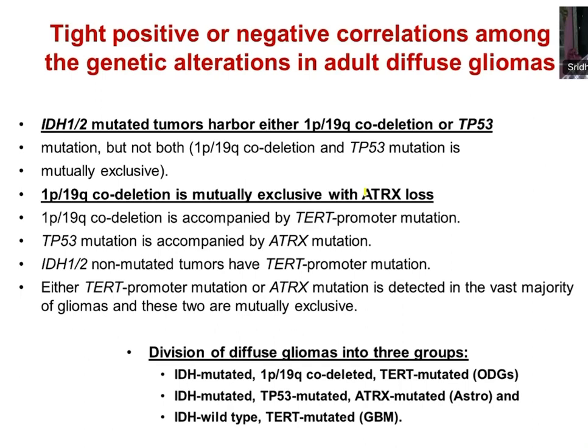ATRX loss tells you that it's an astrocytic tumor. You don't have to do 1p19 co-deletion. So you need to understand these three. Broadly, diffuse gliomas are three different groups. One group is IDH mutant, the other is IDH wild type. If it is IDH mutant, you need to distinguish whether it's a 1p19 co-deleted or ATRX mutant or TP53 mutant